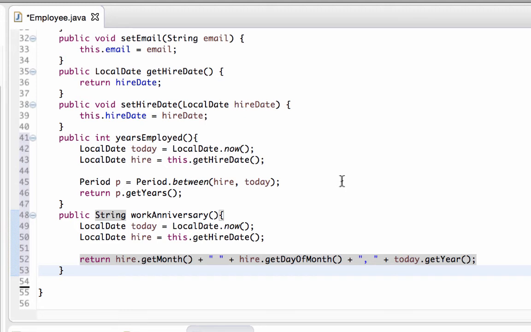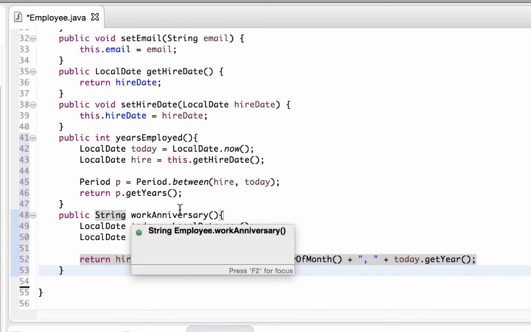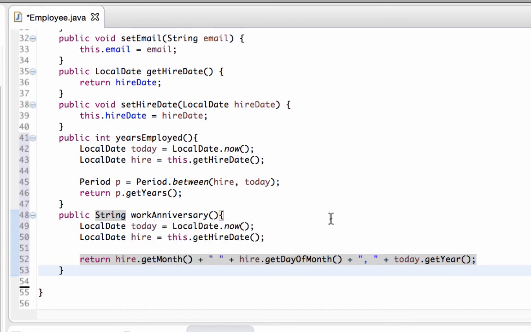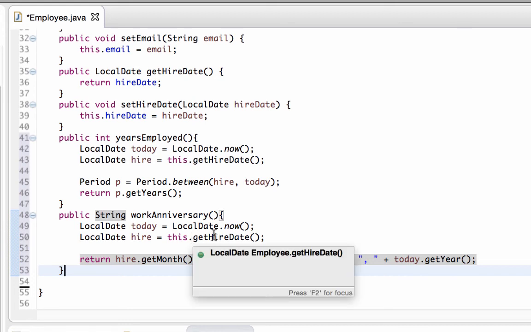Whenever I call these inside of my employee tester class, I'll actually put the name of the object dot years employed, or the name of the object dot work anniversary, and that will tell the method which hire date to grab. We want the one for the current object that we are referring to, and that is what that keyword